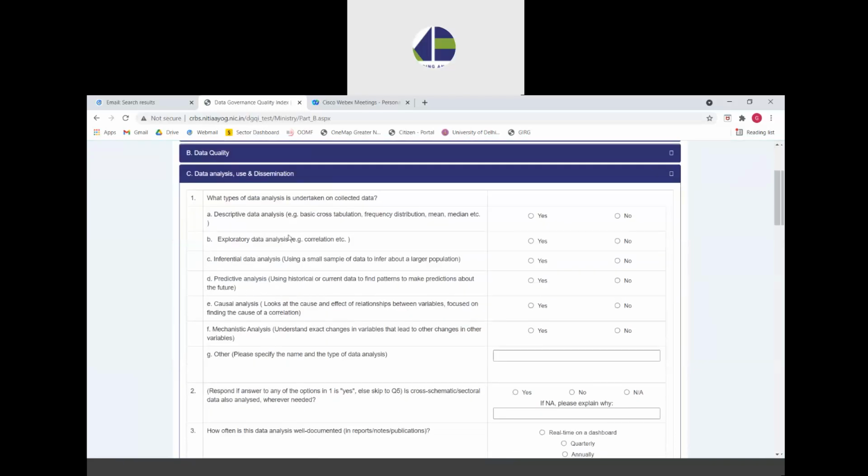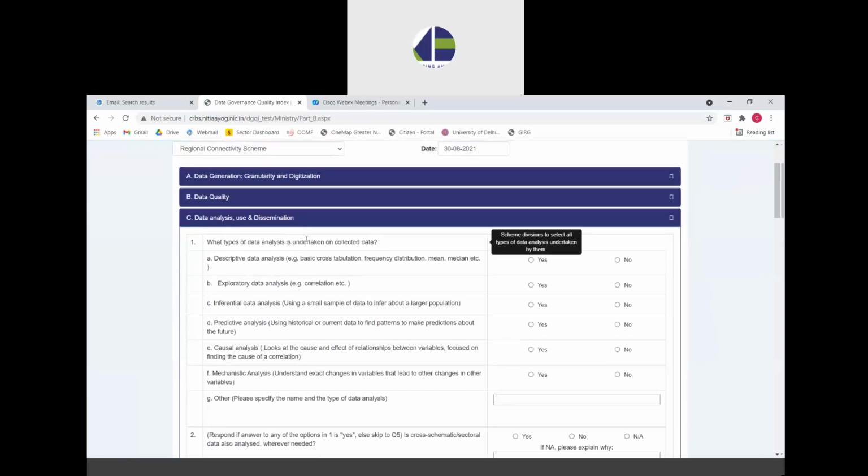The section has multiple questions and it aims to assess how the ministries are undertaking data analysis on the collected data after verifying its quality, so that we can assess how this data is then actually being used to inform the ministry's decision making on a day-to-day basis. It is also trying to understand how this data is being disseminated by the ministry or the scheme division in a user-friendly manner with